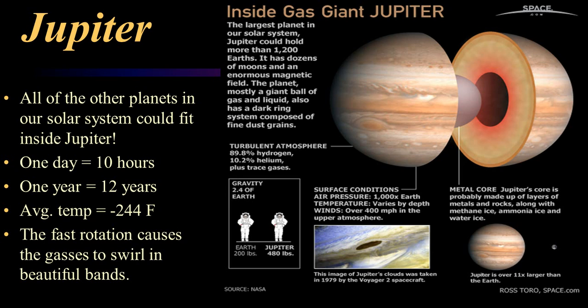So we know that it's probably gas, and now it says here maybe some liquid. This we're not really sure. You can see it says there's a metal core. We have zero idea if that's true. There are some hints, of course, when we look at magnetism and poles and things like that. So we have some hints there, but it's really kind of silly. It's very huge, so therefore the gravitational pull is going to be quite different. On Earth, if you weigh 200 pounds, you would weigh 480 pounds on Jupiter.